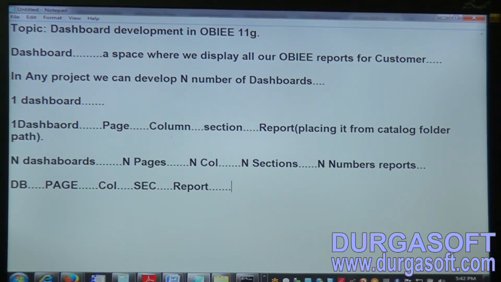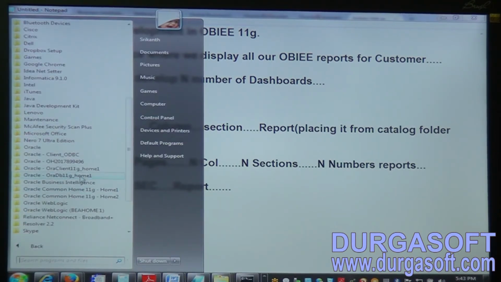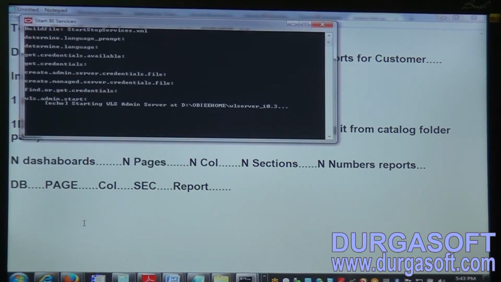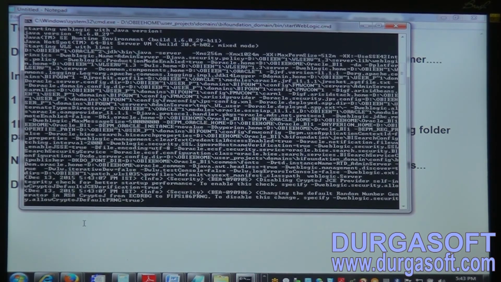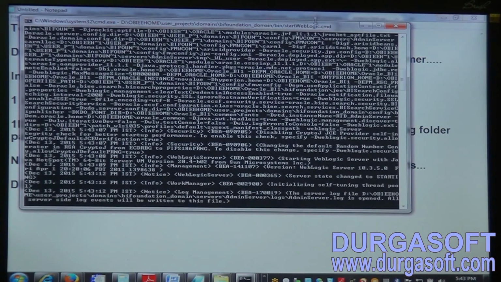Now, in order to start building with the OBI dashboard, first we need to start our OBI services. For that we are going to go to All Programs, and I am clicking on Oracle Business Intelligence, Start BI Services. Let's wait. Once the services get started, we'll start working with the OBI dashboard development.